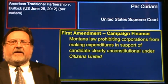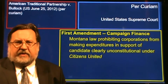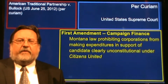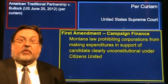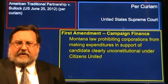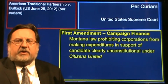Well, speaking of leadership and unanimous decisions, even though the decision in Citizens United has often been cited as an example of just how political the court has become, the court found unanimous ground for agreement in reviewing a state Supreme Court decision that directly raised the same issue the court decided in Citizens United. In a one-page per curiam in American Traditional Partnership v. Bullock, the Supreme Court reaffirmed that the Supremacy Clause really is supreme by striking down a Montana law that prohibited corporations from making expenditures in support of a